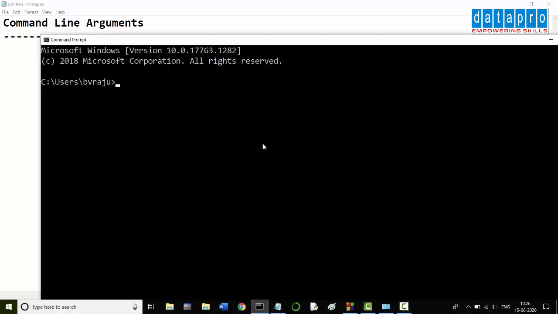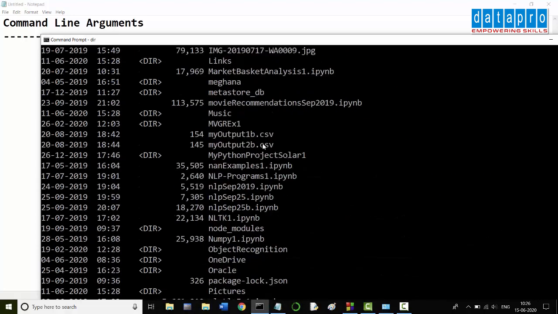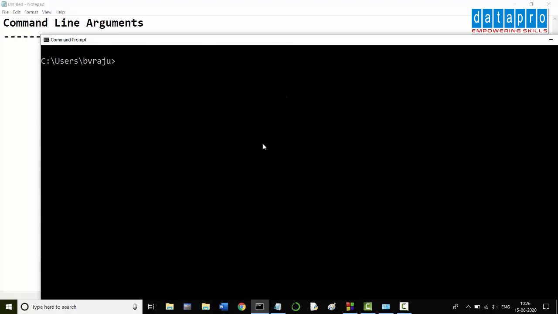First, let's begin with what a command is. You might have experienced a lot of commands while using a computer. You use the dir command to list the files and directories. You use the cls command to clear the screen. You use the exit command to come out of the command prompt. These are all commands. So what is a command actually? A command is nothing but a program written in some language.